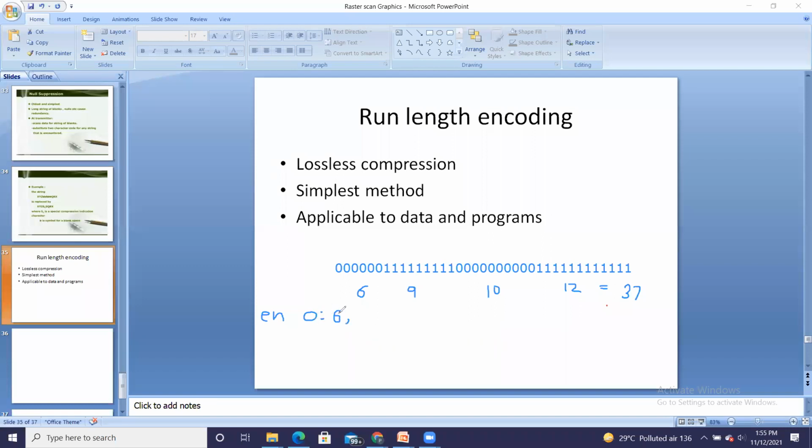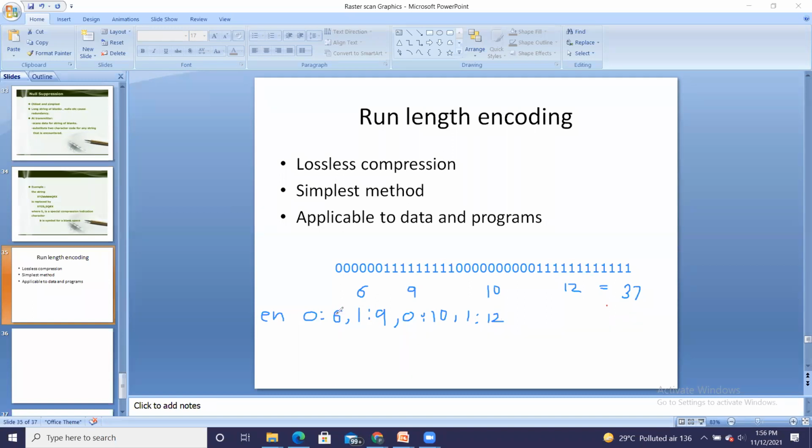So 0 occurs 6 times. Then 1 is present 9 times. Then again 0 occurs 10 times. And 1 occurs 12 times. So this is in short the encoded data.